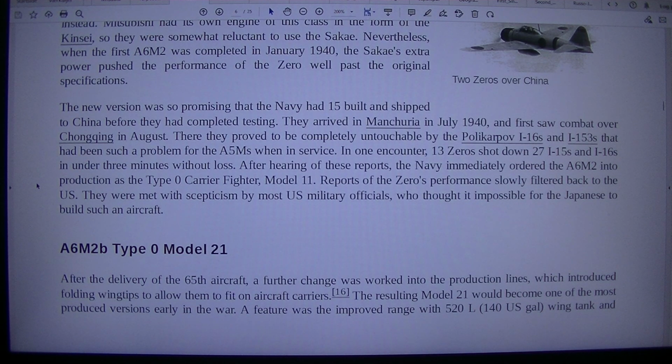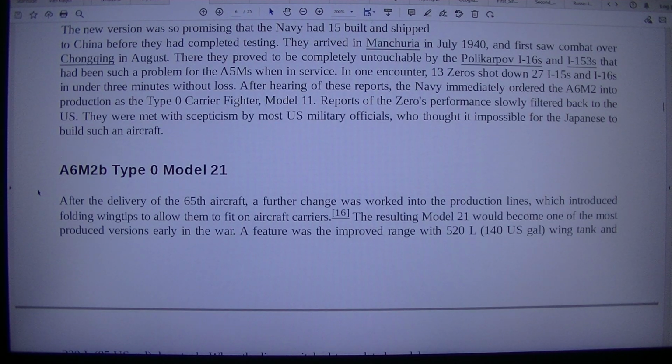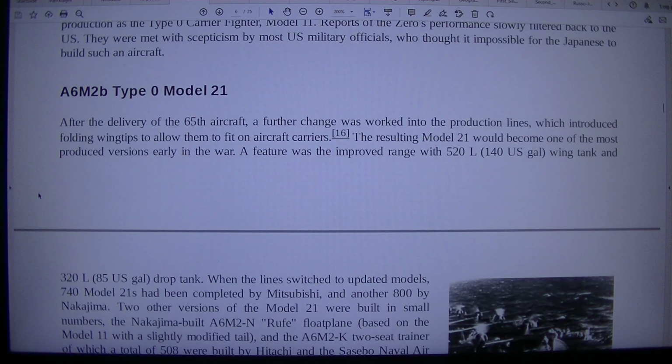A6M2b Type 0 Model 21. After the delivery of the 65th aircraft, a further change was worked into the production lines, which introduced manually folding wingtips to allow them to fit on aircraft carriers. The resulting Model 21 would become one of the most produced versions early in the war. A feature was the improved range with a 520 L (140 US gal) wing tank and